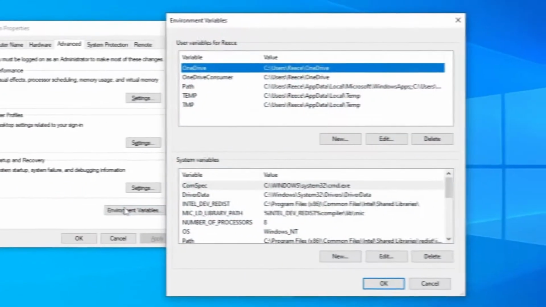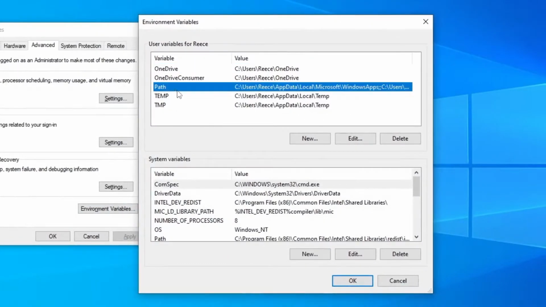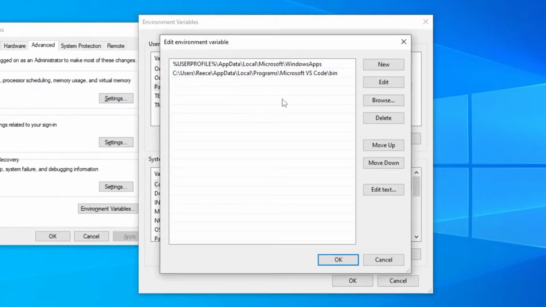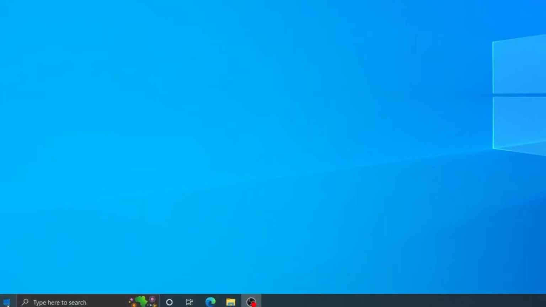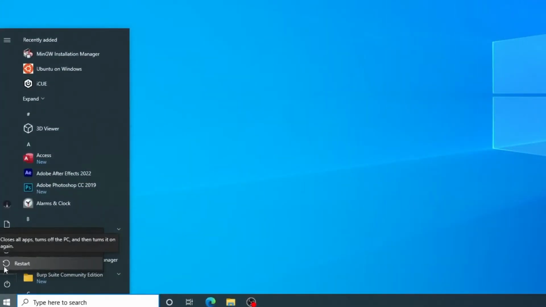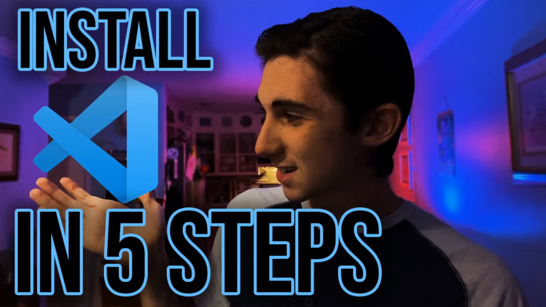Now we'll click edit on our path variable, recall the installation directory I mentioned earlier, and add the bin directory within it by clicking new and pasting the directory in. It should look similar to c:/mingw/bin. After that, I restarted my computer and went on to step 2, which will be installing Visual Studio Code,